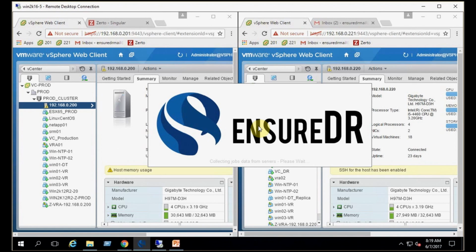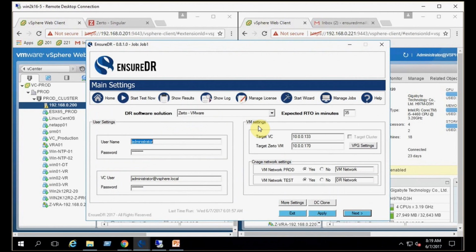For example, if you got an environment that is not on-premise, you're replicating between sites, and in the other site you got a different segment, so you're actually changing the IP when you fail over to the DR site. Now, Zerto can do that. It can change your IP addresses for your VMs. So in order for EnsureDR to work correctly, you need to know what is the source IP and what is